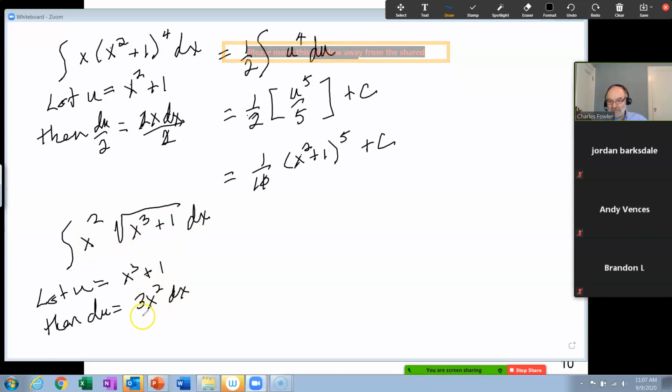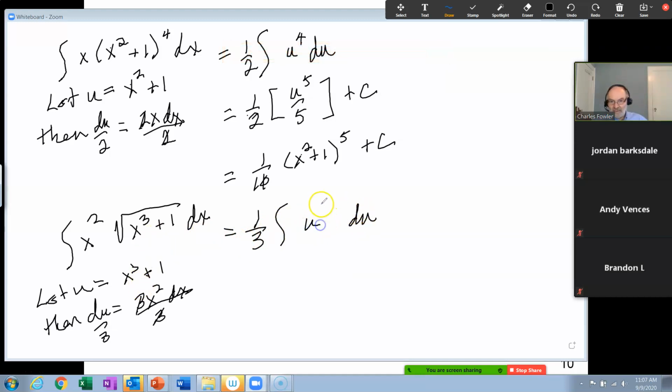We don't have a 3x squared dx. We'll divide both sides by 3. So we do have an x squared dx. And bring that 1/3 on the outside. Just do that because you don't need it in the integral. And your integral will be the x squared dx will make up the 1/3 du. I already got the 1/3 outside, so that's just going to be a du here. And then this is going to be u to the 1/2 power. And we remember how to do that one, right?